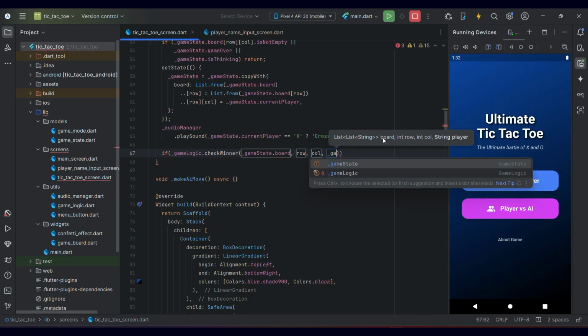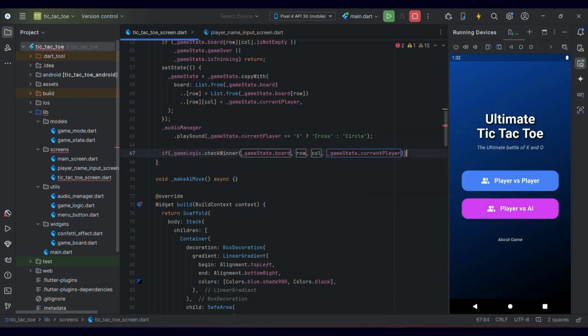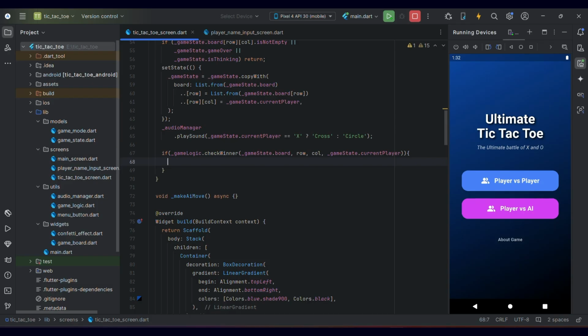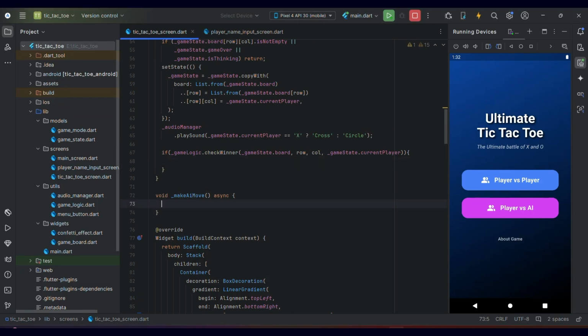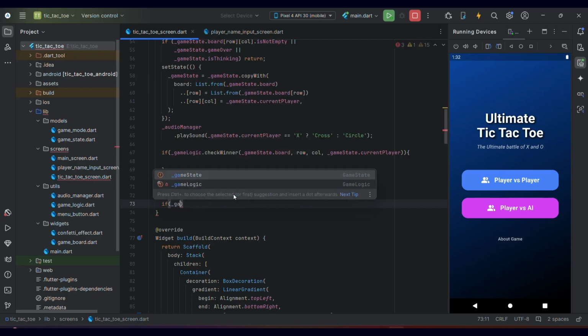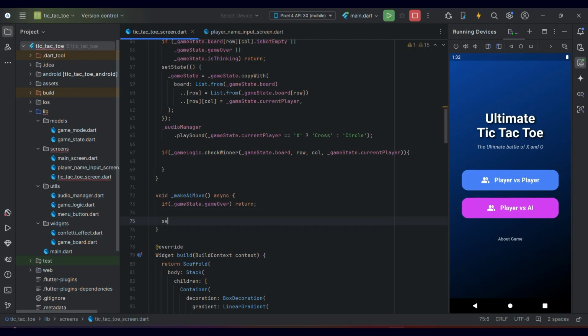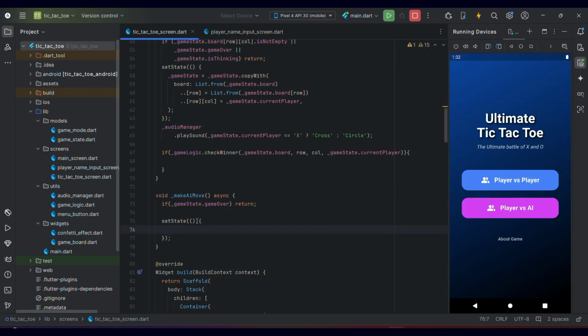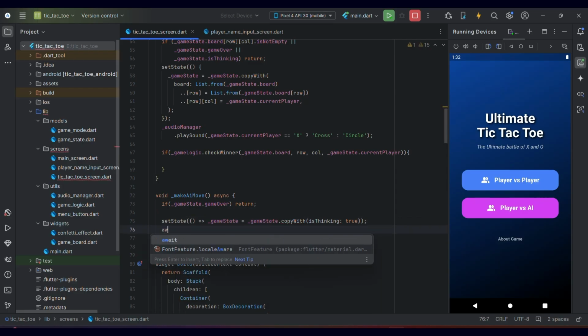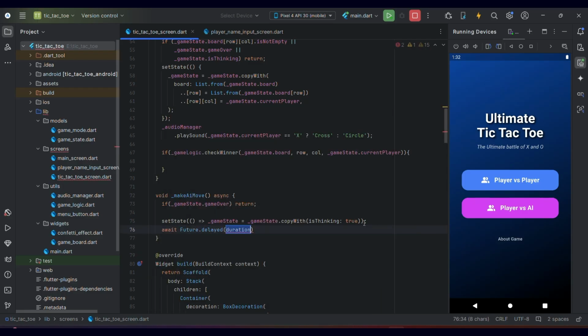Let's complete an asynchronous method to handle the AI making its move in the game. First, we check if the game is already over. If yes, we simply return and do nothing to avoid unnecessary processing. Next, we update the game state to indicate that the AI is thinking, which can trigger a loading or thinking animation in the UI. We then pause for half a second, simulating the AI's thinking time to make the gameplay feel more natural. After this pause, we call the game logic to get the AI's best possible move based on